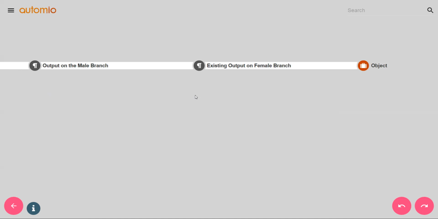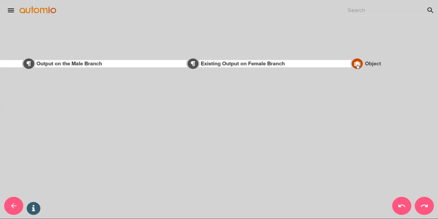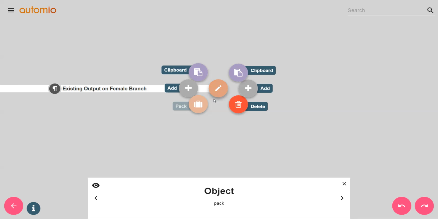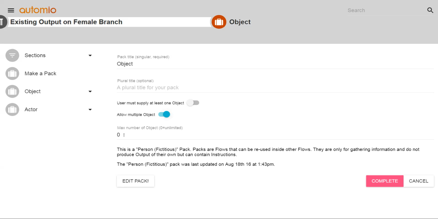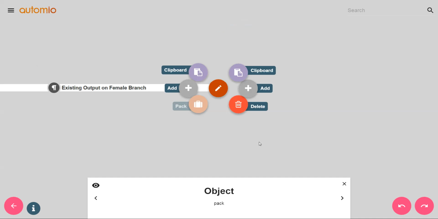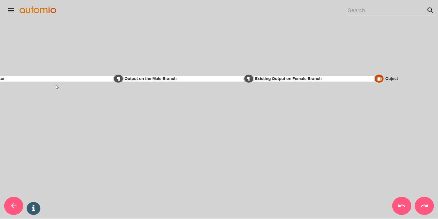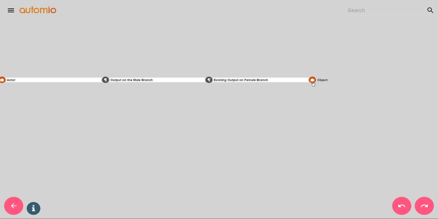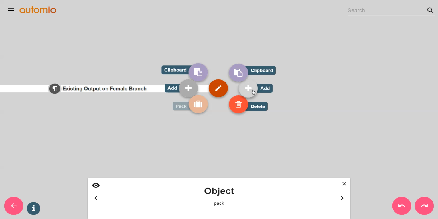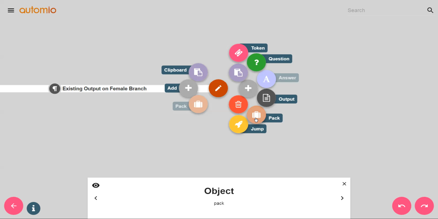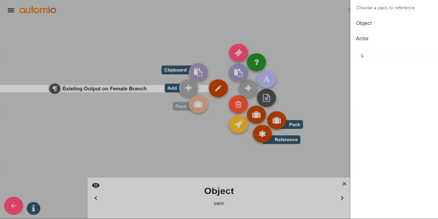So this could be the employer, and this could be employee or employees. If I make it allowing multiple, I can limit that number. However you choose to use it, it's important that you give it a name that makes sense. Then when I go in and add a pack reference to generate some output from the actor pack